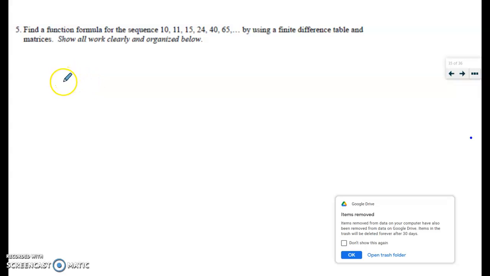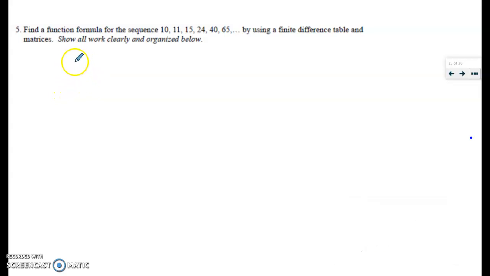So in this lesson we're just looking at the idea of finite difference and trying to use that to help find equations of a specific sequence. Like here, we're looking at this sequence of numbers, and we want to find out what polynomial would give us those numbers. So the first thing that we're going to do is just list the term values that